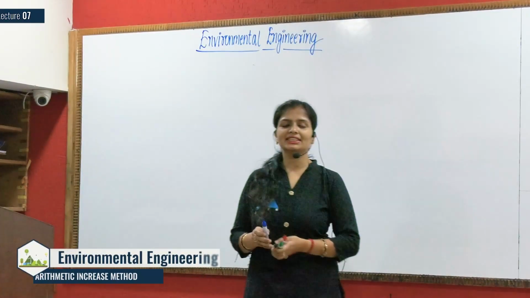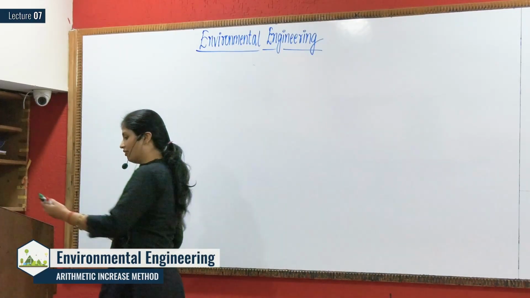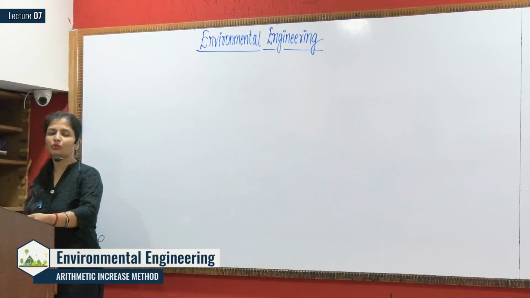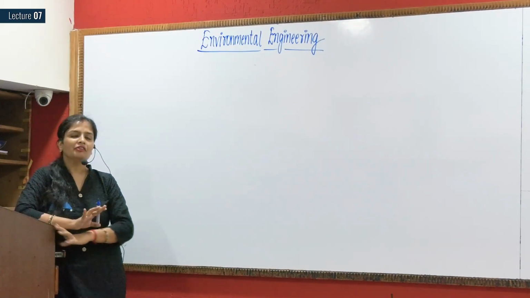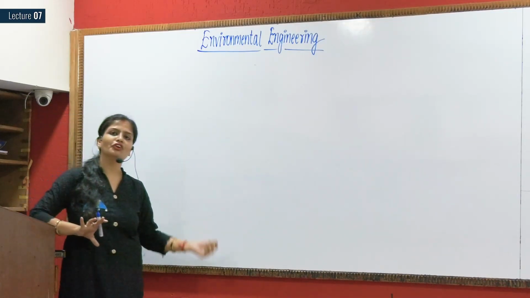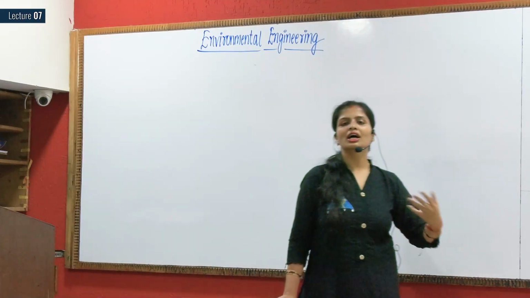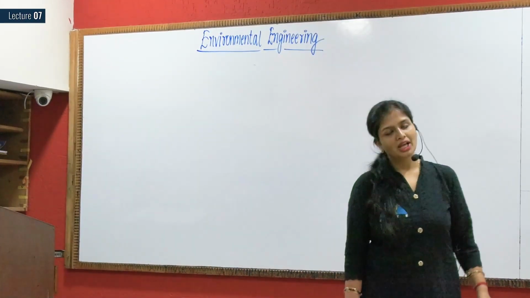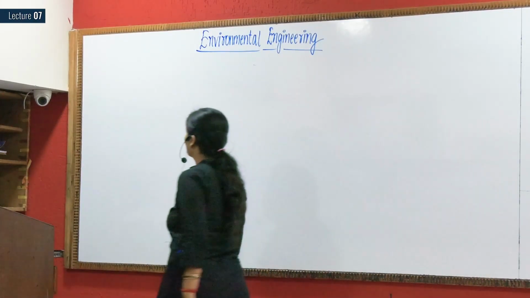So, in this lecture, we'll be dealing with different types of forecasting methods one by one. And I've already explained to you why there is a need for population forecasting, because we don't design a source or any various components of a raw water scheme for a year or 2 years. We design it for a considerably larger amount of time. Fine. So here we'll be seeing different methods of population forecasting.